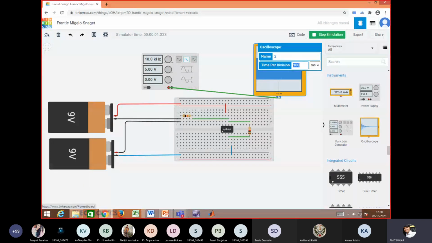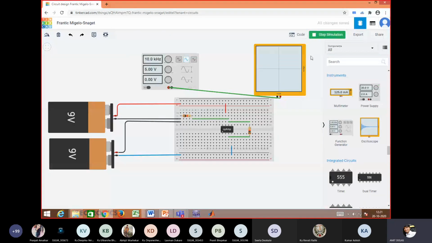So we have to match the frequency and time period. So I write here 0.1 millisecond. So you can easily observe the waveform is there, which is a sinusoidal waveform.